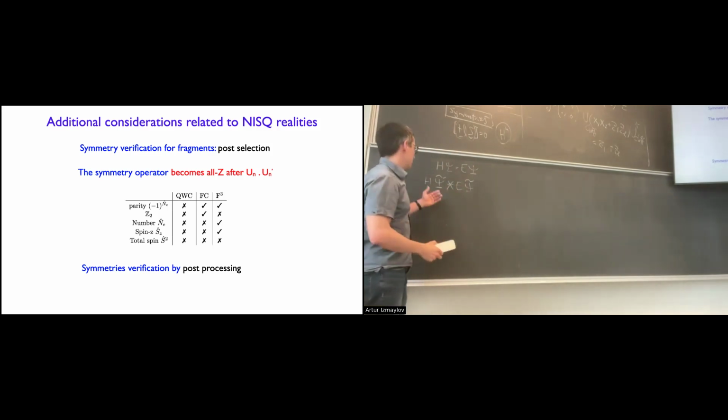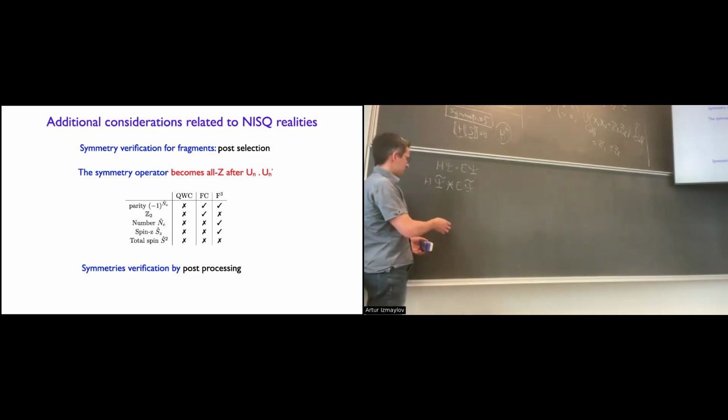The fact that the approximation is not exact doesn't invalidate it. But you still want the wave function that you work with to be an eigenstate of the symmetry operator, in order to say that, if something happens, if an error